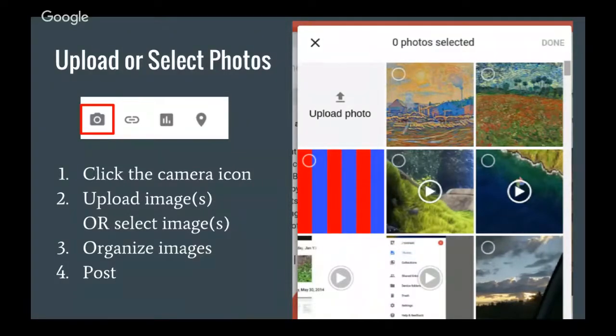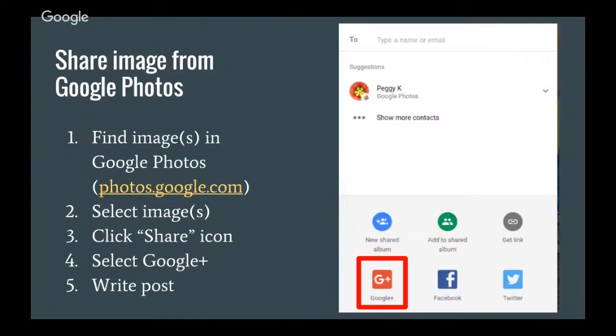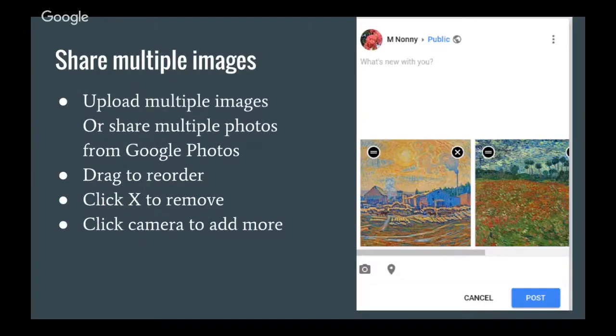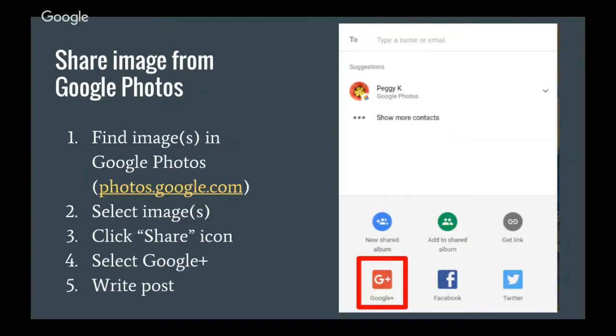So the alternative is, if you have photos in Google Photos, to share the images from Google Photos to Google Plus, rather than trying to start on Google Plus. It's actually really easy to do. You just go into Google Photos, select the images you want to share, click the share button, click Google Plus, and you're all set. And keep in mind, these things she's telling you, as far as drag and drop, obviously that's on a computer. You can't do that on your phones. But a lot of the same features are on mobile as well, though obviously some of the things you don't have.